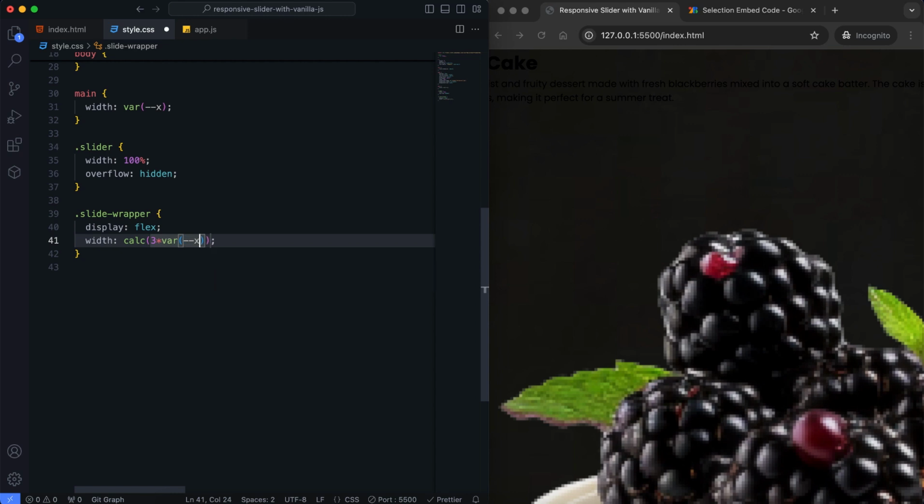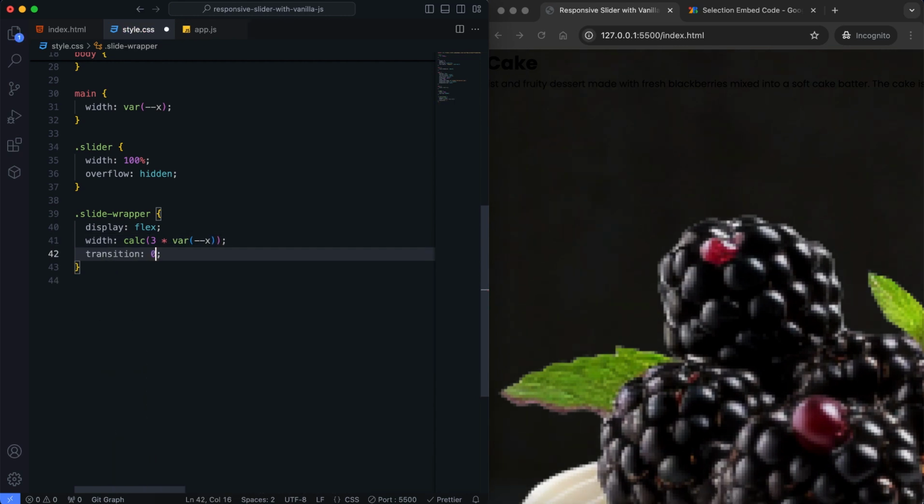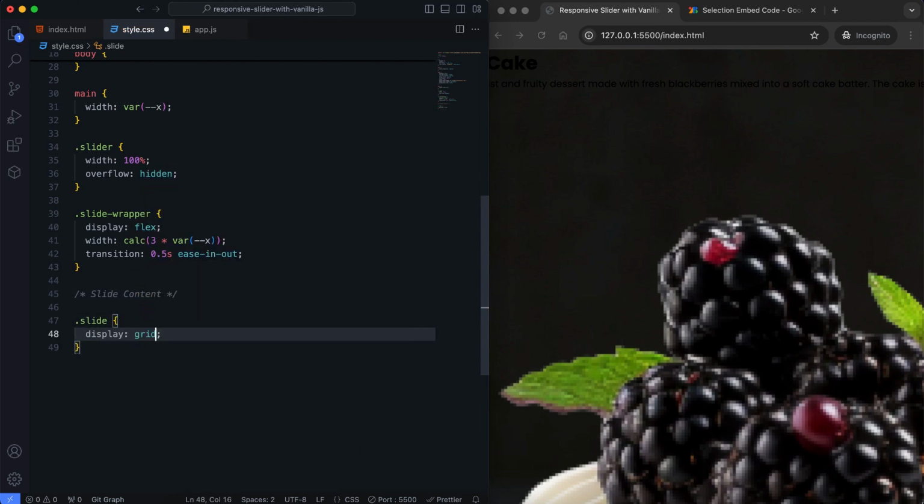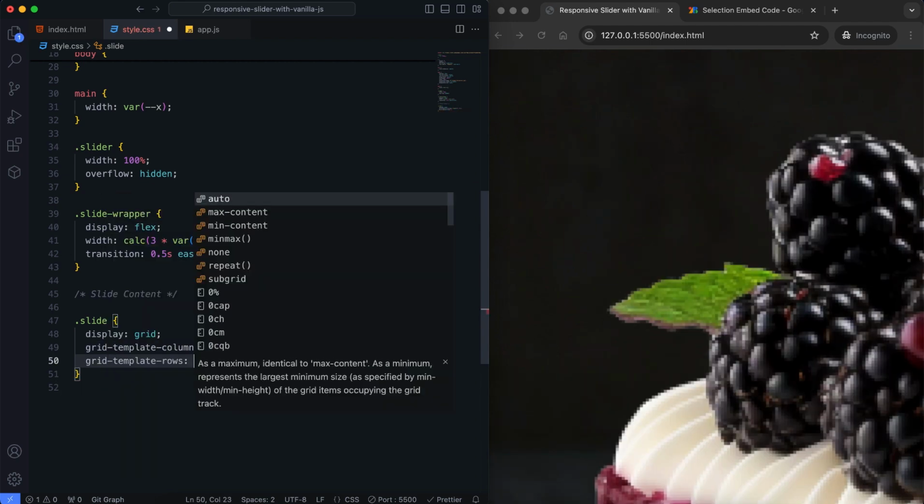Since we have 3 slides in this project, I multiply the property x by 3. I use a grid layout to arrange slide content with 2 equal columns and center items.